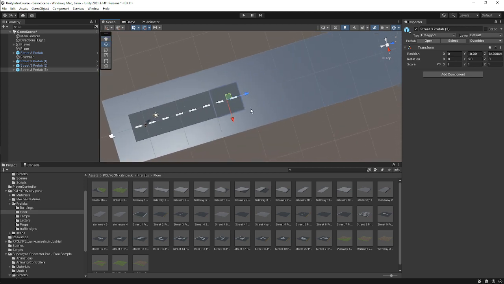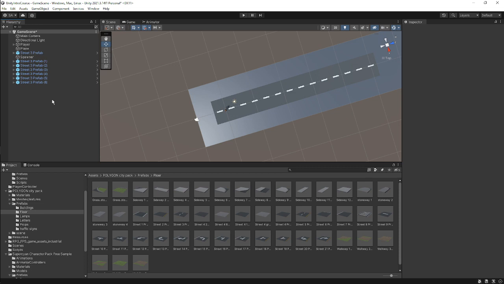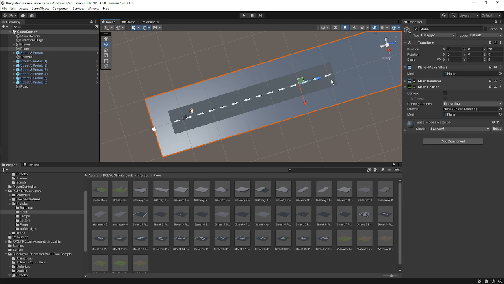So let's do it a couple of times, and then I will show us how to make it look like the road is moving. Okay, so I guess this works. And then put a game object. Let's have this road game object at 0, 0, 0. Let's make it somewhere in the middle. I will have 1, 2, 3, 4, 5, 6, 7. So let's have the